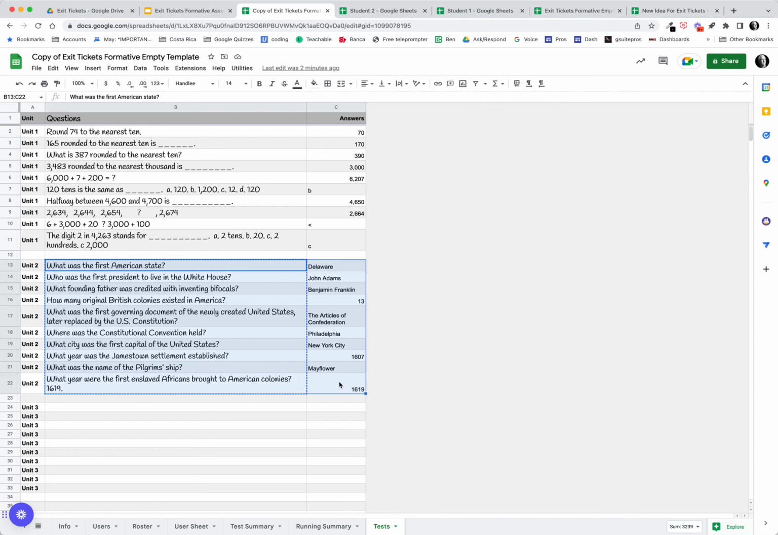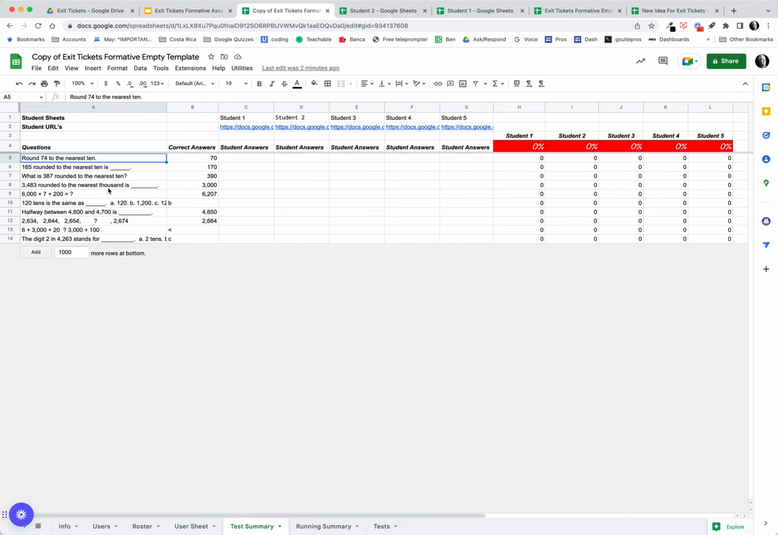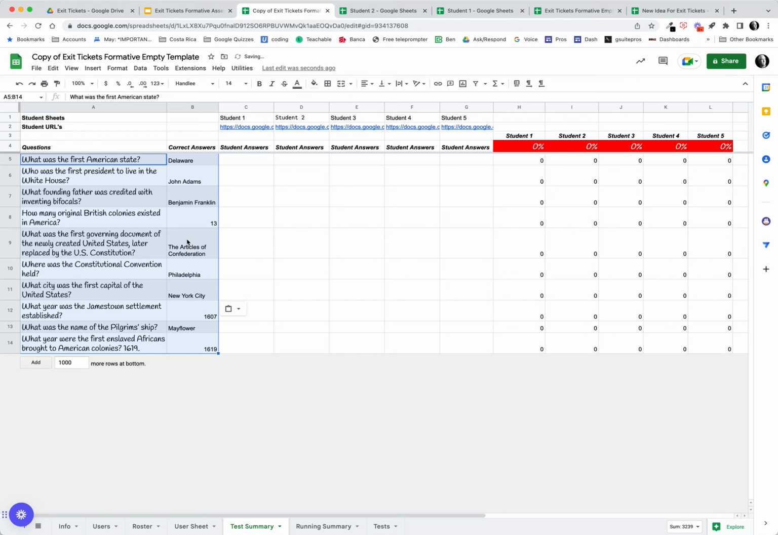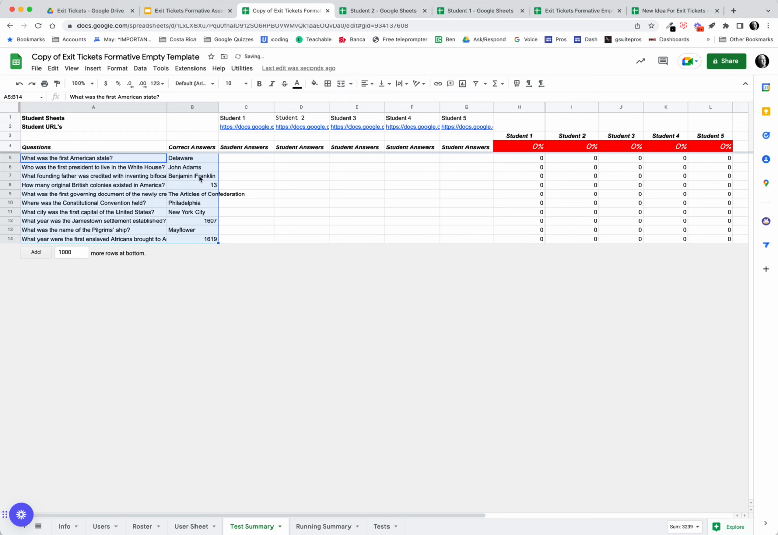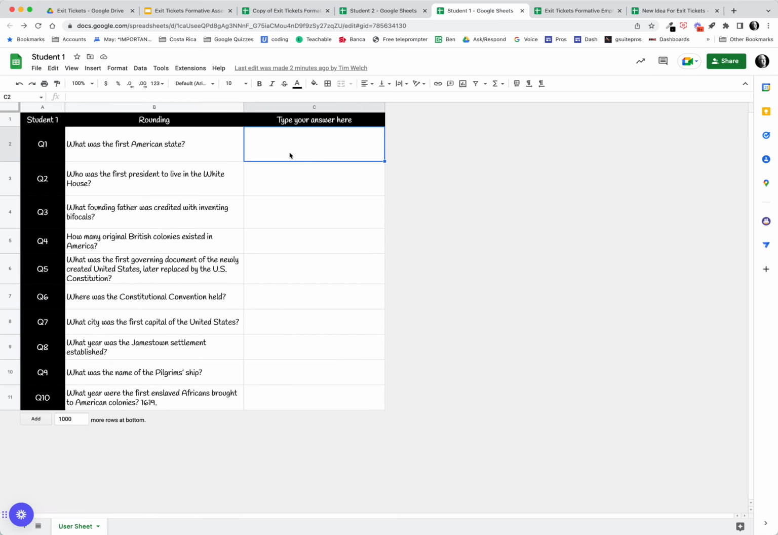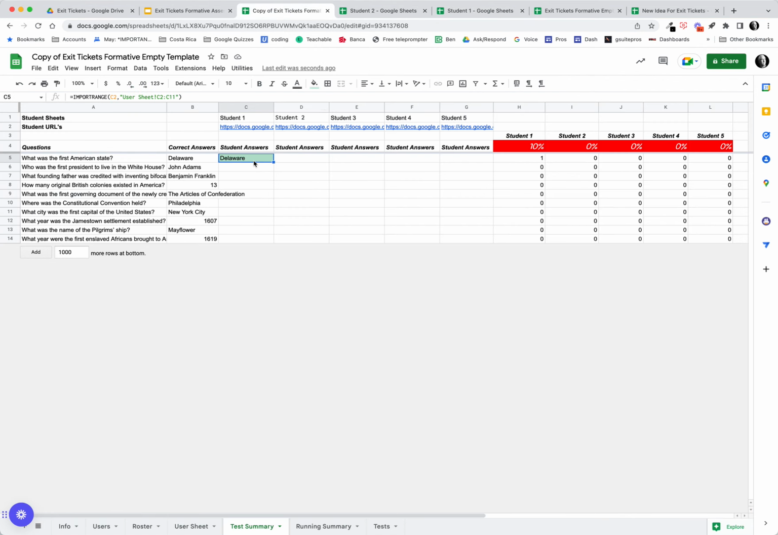So that would be our last step in here, is to go ahead and grab our new test and copy that, come over here to my test summary, and this is my test summary, so I'm going to put in the correct questions and answers. I'm going to go ahead and hit Command / and get rid of the formatting of that, and now we're ready to take new questions. So notice the student sheet's already updated, student 1, so what's the first American state? Delaware. Go ahead and put in that answer,